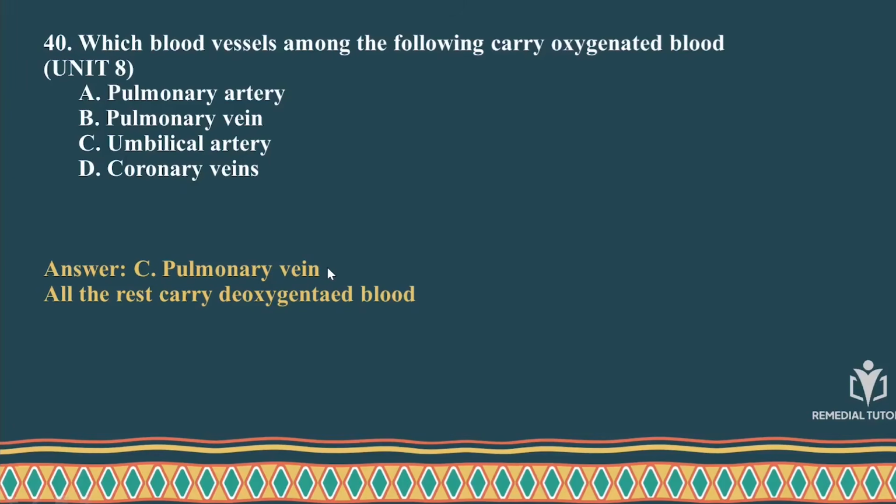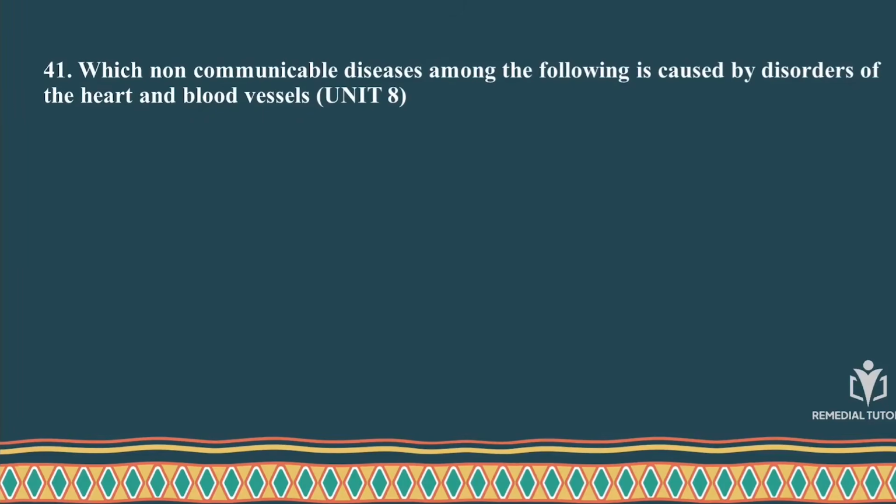Pulmonary vein እና umbilical vein። እነዚህ ኦክሲጅኔትድ ብለድ ነው የሚይዙት። የቀሩት ደግሞ አሁን pulmonary artery እና umbilical artery ቢሆን እነዚህ ደግሞ ዲኦክሲጅኔትድ ብለድ ነው የሚይዙት። እና እነዚህን አስታውሱ ሁለቱን ኤክሰፕሽኖች።